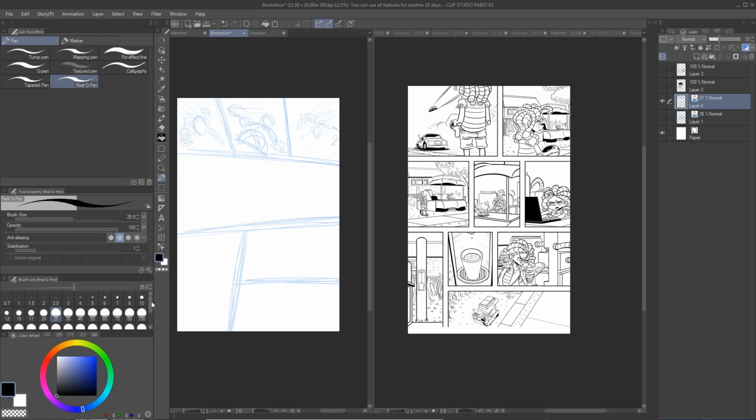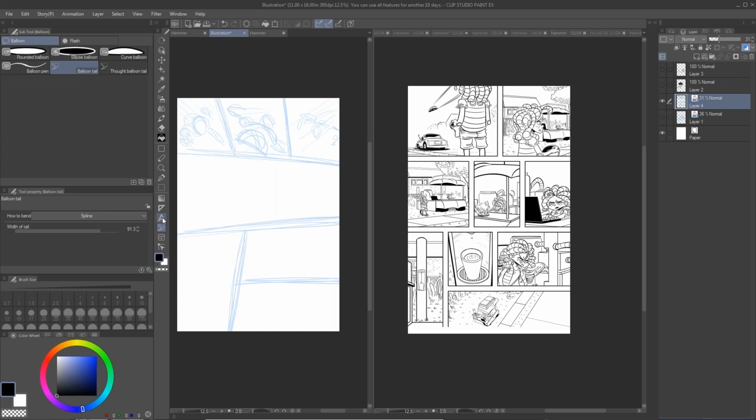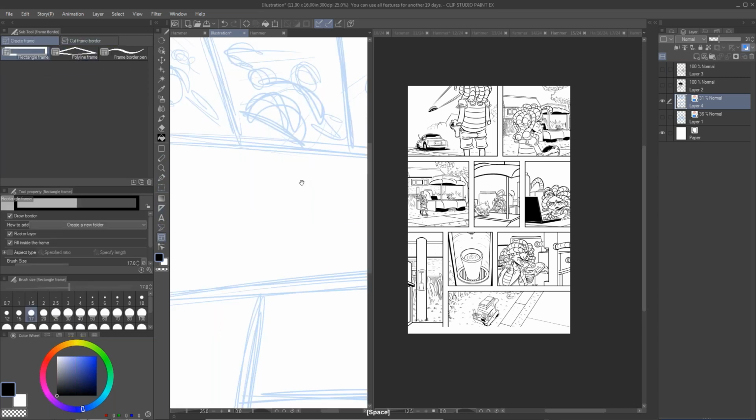I would draw it traditionally at first, actually, and then I would come back to the computer, and I would go to Clip Studio Paint. I would add everything that I would need to add. And hold on, let me. Where are you? Oh, here you are. All right, cool.